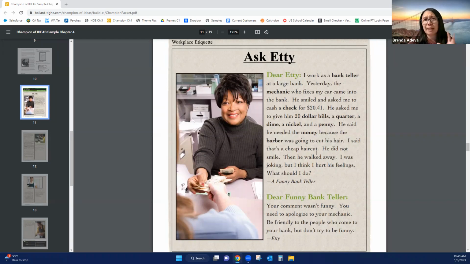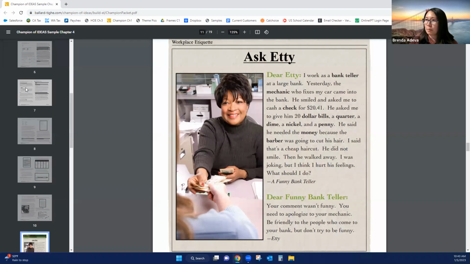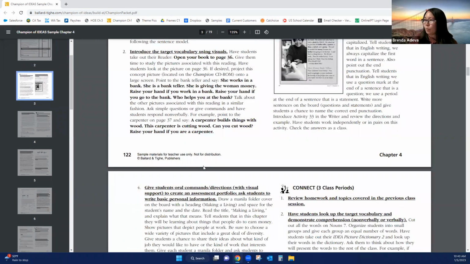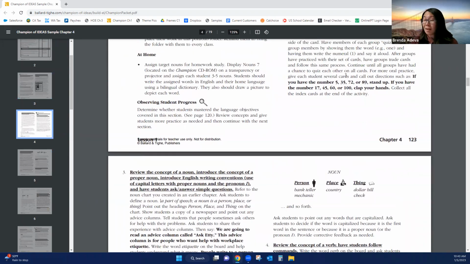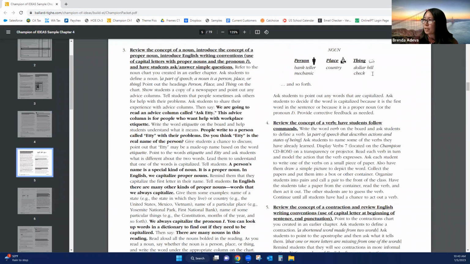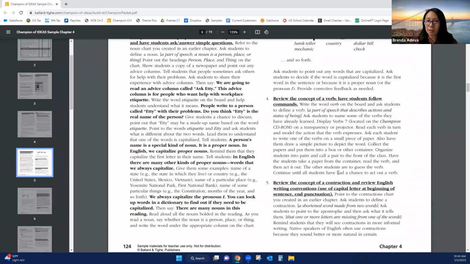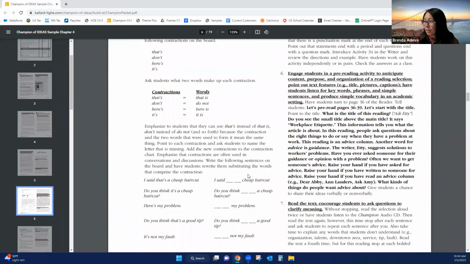For the higher levels, really trying to understand how the vocabulary is used together, what is being talked about in the reading, and maybe for the higher levels, like level 3 and up, paraphrase the sentence, summarize it, right? So you're going to have a lot of different options there for those levels. But throughout, you'll see we do work a lot with the vocabulary. Numbers, very good for the low levels, but refinement for the higher levels. You're going to see noun, person, place, thing, right? And then you're going to see verb here, contractions, all that grammar is in here for you as a teacher to then teach for the different levels.